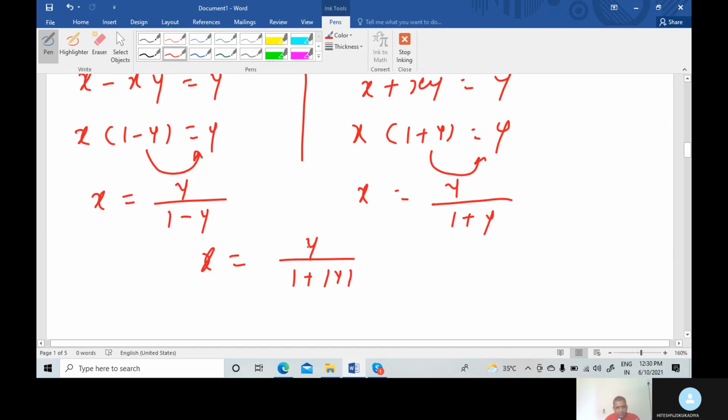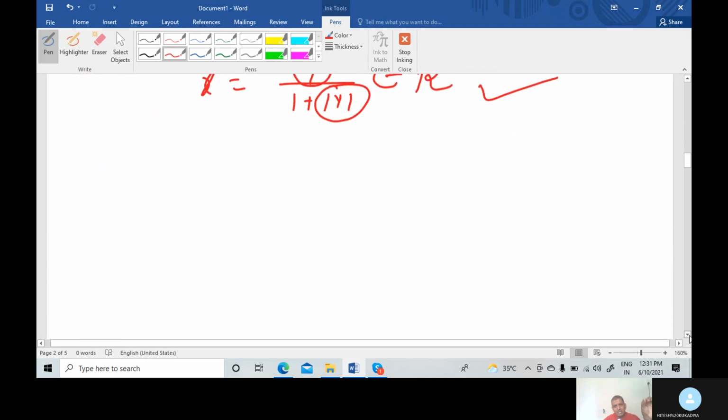Is that clear? Now you can put different values of y belonging to -1 to 1. Because here y belongs to the open interval -1 to 1, and the denominator has a modulus, so the denominator can never be 0. So here the value of x always belongs to R, always belongs to the domain. Is that clear? So here the onto function is possible. Is that clear? So here, students, our first method in the first chapter, relation and function, is completed.